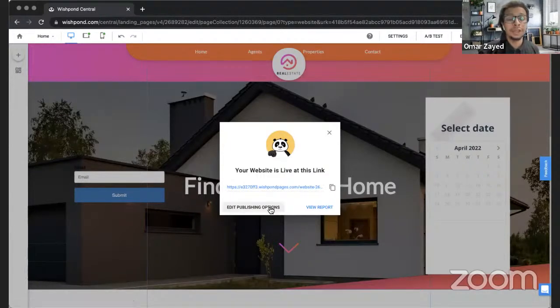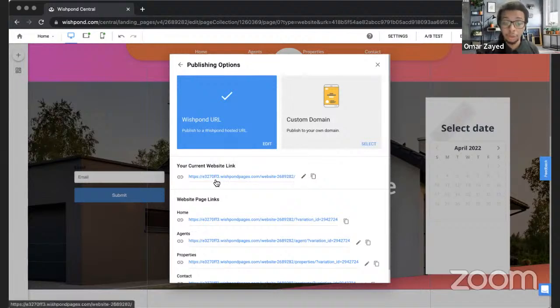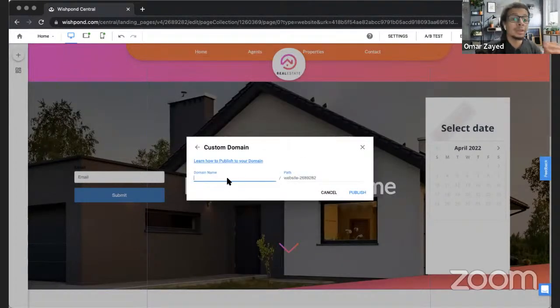But if for any reason you want to publish this directly to your own domain, just give it your own branding, and make sure that the customers feel like they're at home when they visit the website. You're going to be able to edit the links. Editing the links can be through the Wishpond links as well, or you can connect a custom domain. To connect the custom domain, we can help you with that with our customer service. Basically, you'll need to do some adjustments on your domain provider, but once you have that all set up,